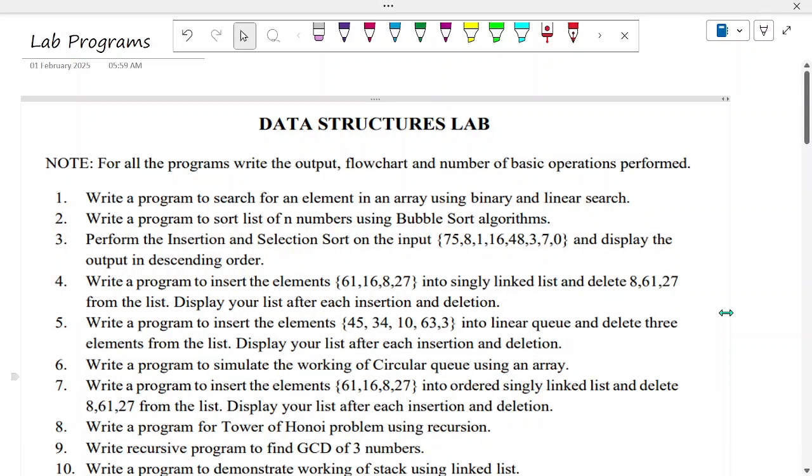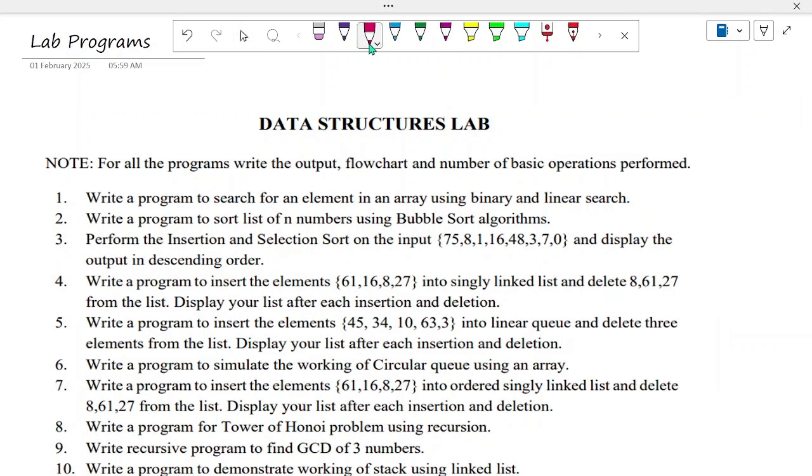Hello all, welcome. Today we are going to see data structure lab. It means what are the programs that you need to execute or understand for the next 4 months, that is in second semester. And this is the prescribed programs for the Bangalore University students. Okay. Now coming to a note, what the note says: